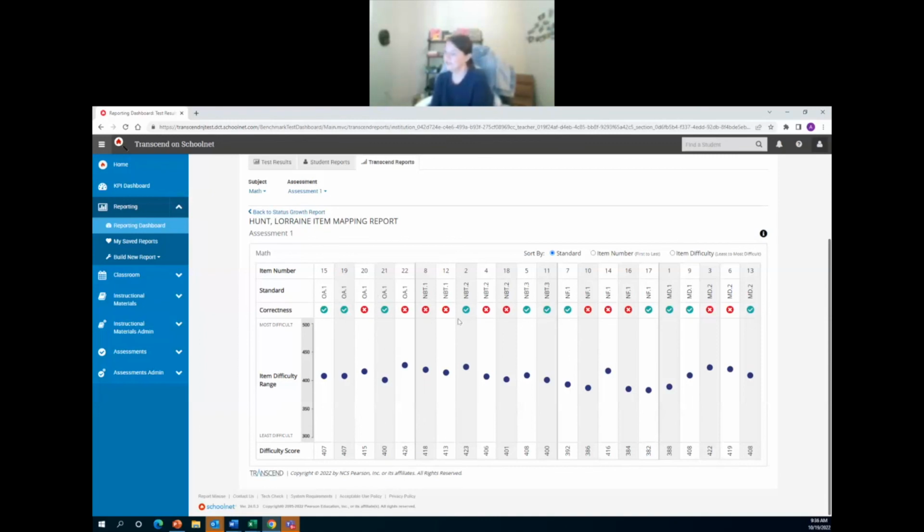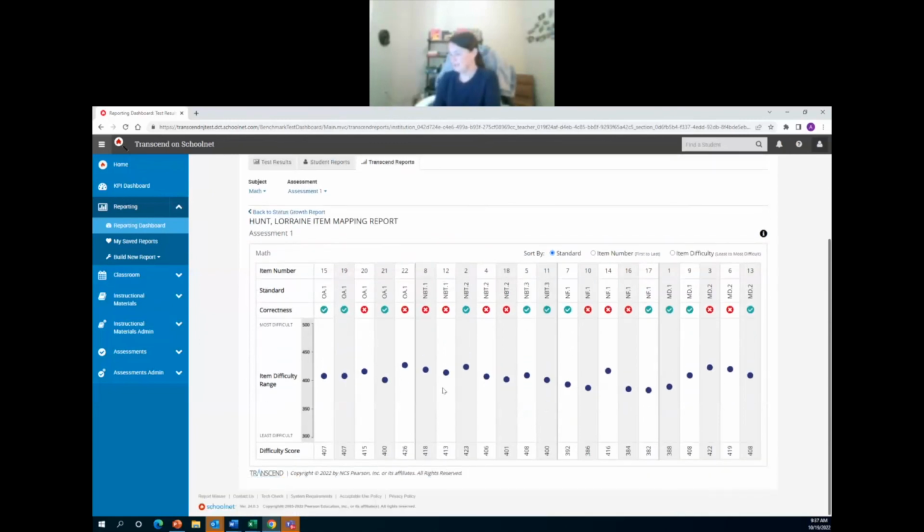If I start to drill in and look at a little bit more of this data, I'm going to go to numbers and fractions where I know she struggled, and you'll see that out of the 5 questions, she received 2 that were correct. I can also take a look and see the item difficulty. That may be useful in understanding if students are able to generally get more easy items correct, but they're struggling with more difficult items, then maybe they have a partial understanding of that standard and they still need some additional instruction.